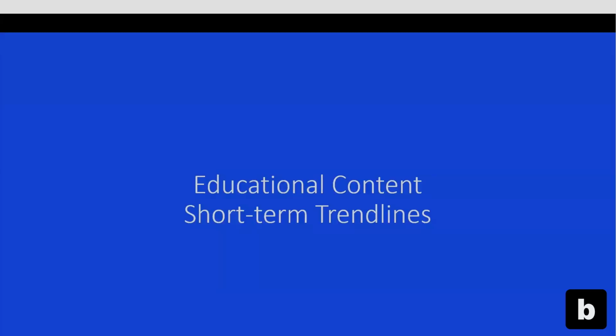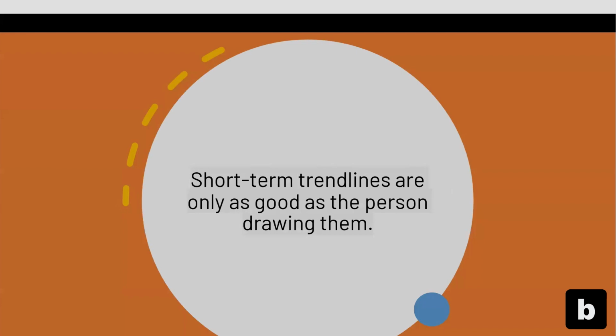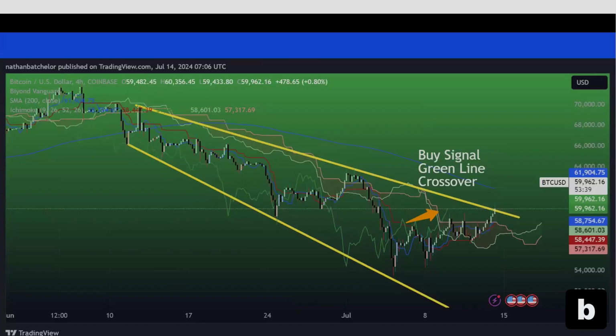Okay, so starting with short-term trend lines, the key considerations that you need to know. Short-term trend lines are only as good as the person drawing them, so that means they're subjective, and how you draw them varies from person to person, whether that be experience or how you visually see the chart. So always bear that in mind. How I draw a particular trend line might be different to how you'd draw those trend lines as well. So that's something that we should consider